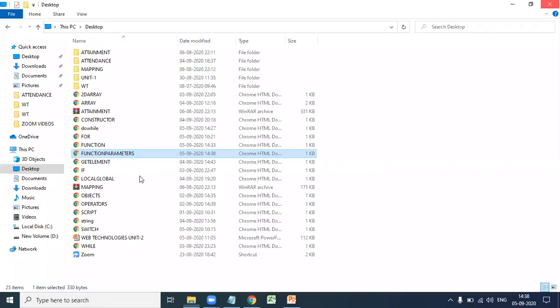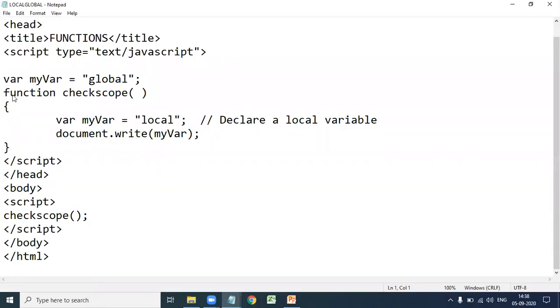Next, local variables and global variables. There is a global variable written outside the function. Your function definition is function checkScope; function is the keyword and checkScope is the function name. This function definition is written in the head section in HTML.